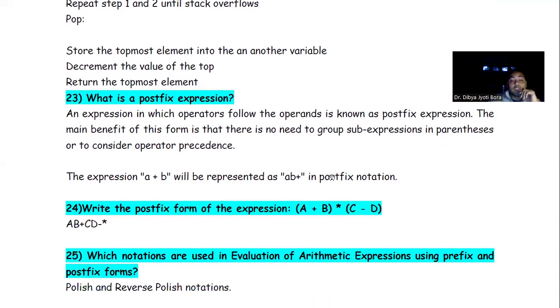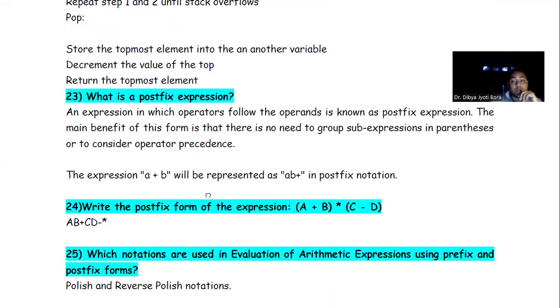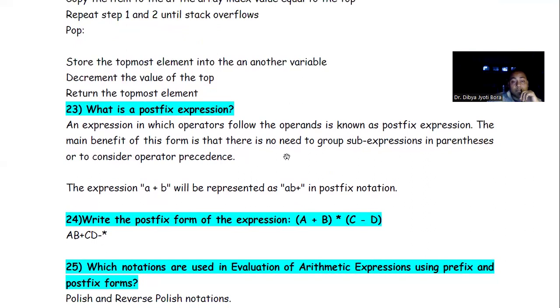Then what is postfix expression? Postfix expression means that in an expression, operators follow the operands. What is the benefit of it? The main benefit of this form is that there is no need to group sub-expressions in parentheses.